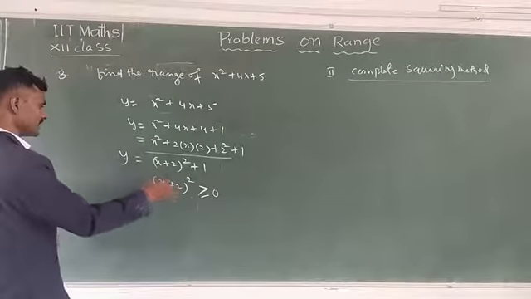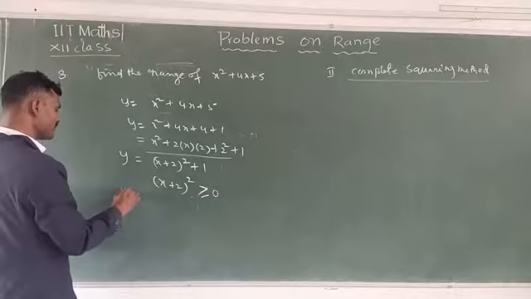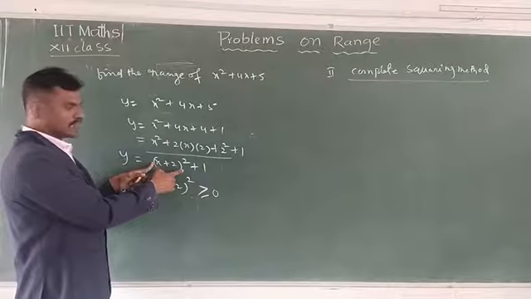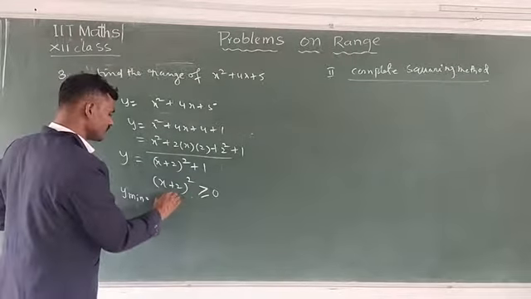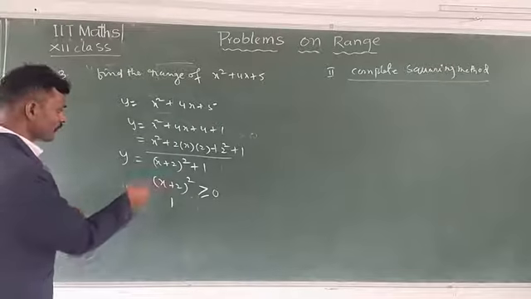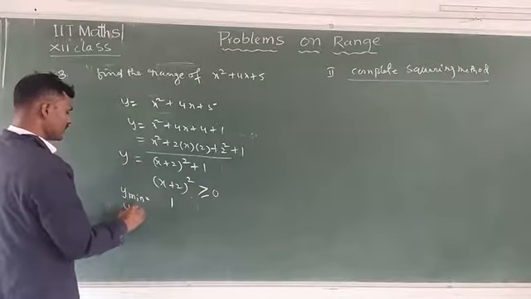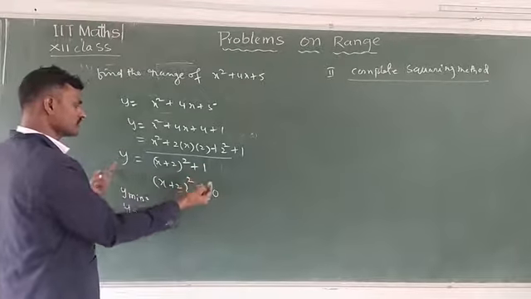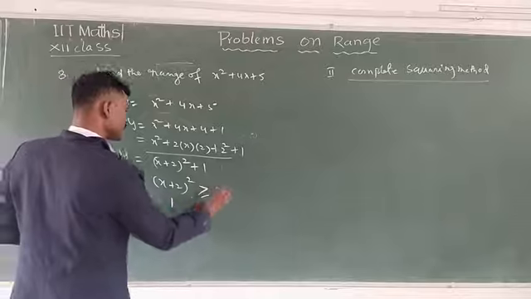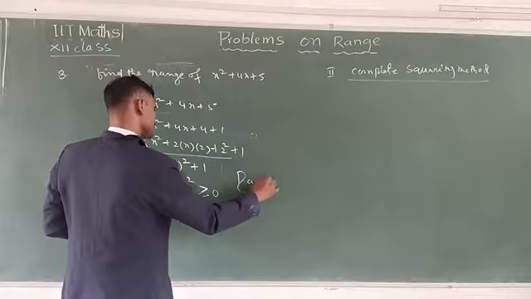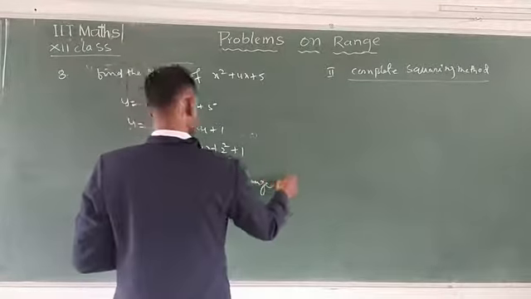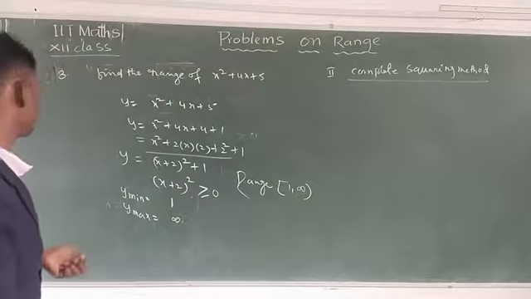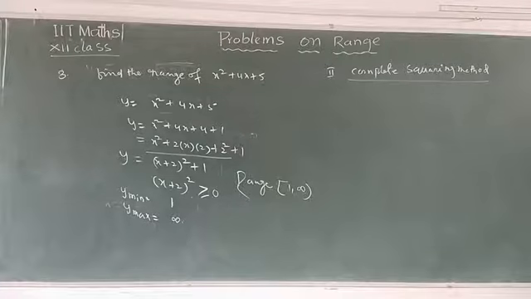Now y minimum means here this is 0, complete 0. Complete 0 means what is the value here? 1. Suppose y maximum, the maximum value you have to take is infinite, plus 1 is equal to plus infinite only. That's why the range is equal to, what is the value of the range here? Closed interval 1 comma infinite. Here I have also not given any option. Okay, no doubt.